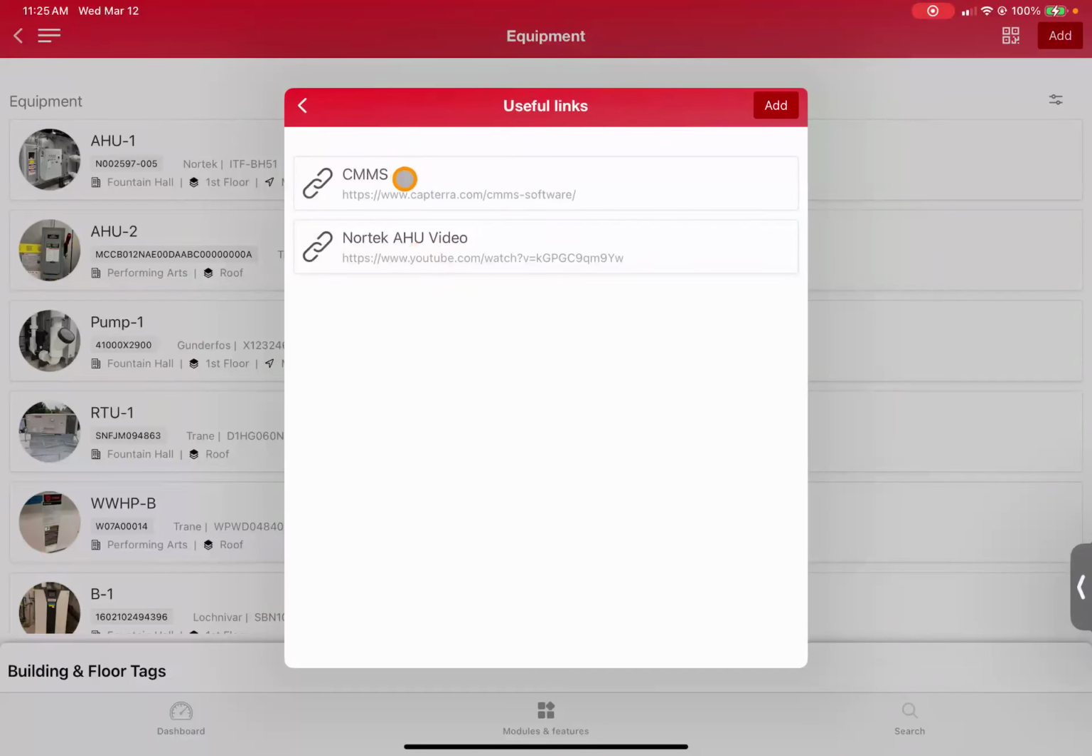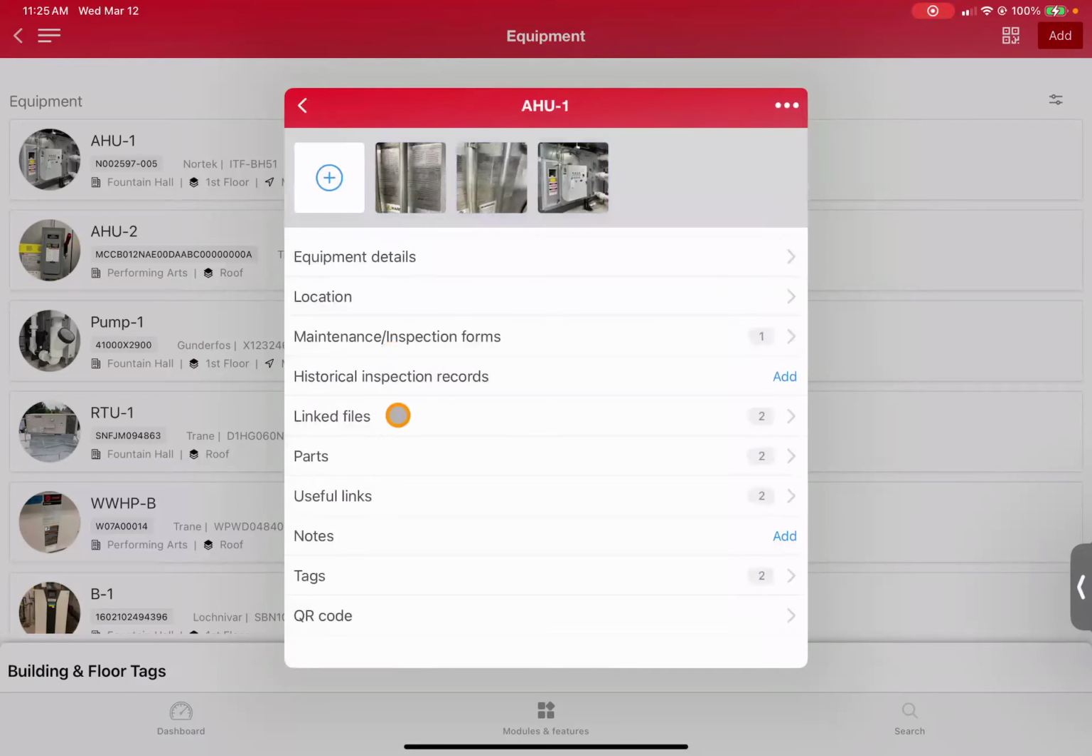Similarly, we can provide the same kinds of links to come back into our platform from that CMMS system. So you can easily jump between the two platforms and fill out whatever information you want there. Now, one last thing that I'm going to show here under equipment is we do also have the ability to